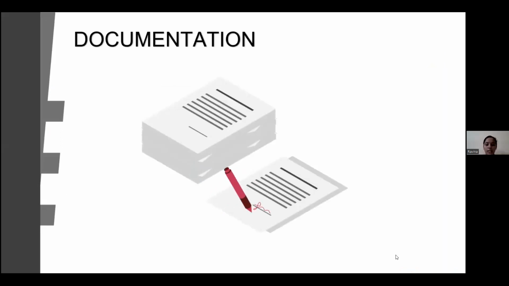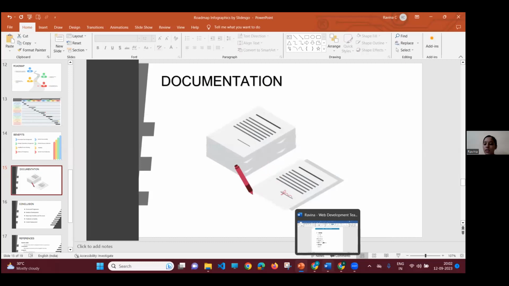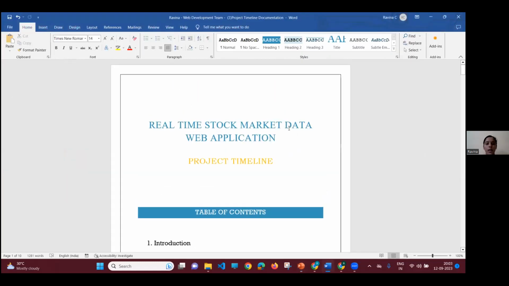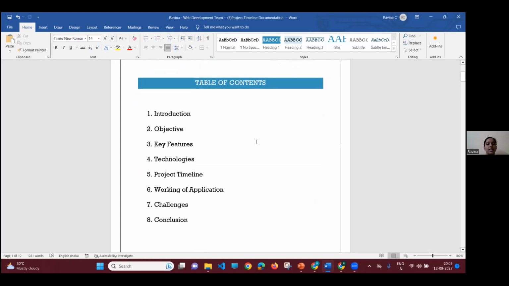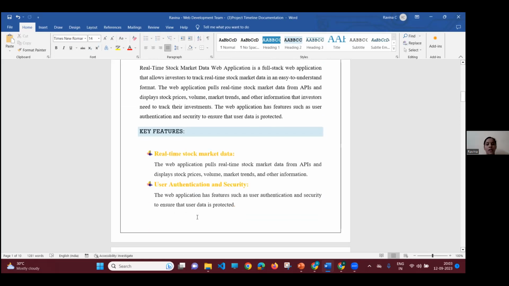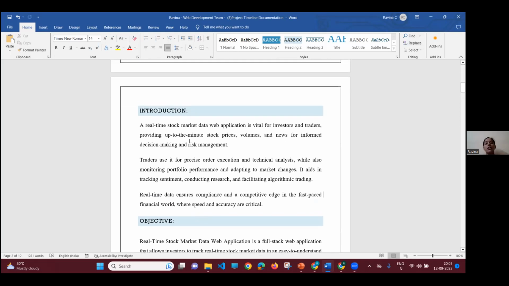So documentation, I have created a documentation to deliver a project timeline of the real-time stock market data web application. The table of contents includes introduction, objective, key features, technologies used, project timeline, working of application, challenges, and conclusion. In the introduction, what a real-time stock market is and what difficulties we are facing is included,